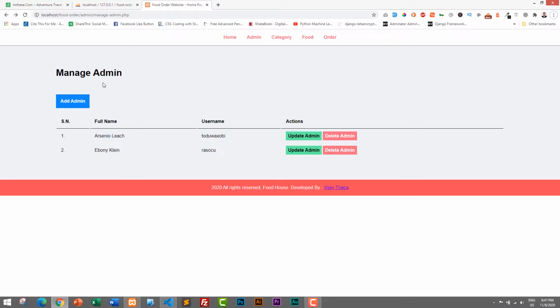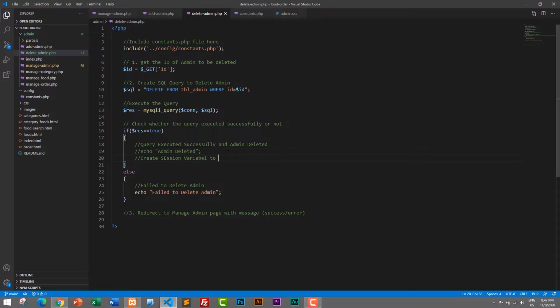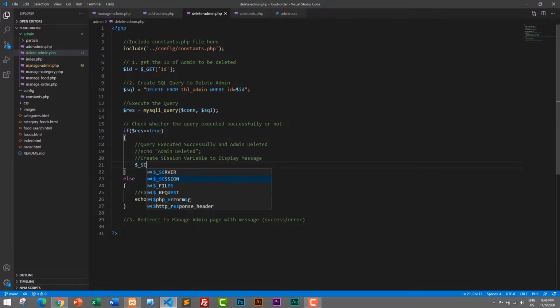Now let's redirect our page from the delete-admin.php file, and let's see the message in this manage admin section. So I'll go back to our delete admin page, and here I will just comment out this, and then we will create a session variable to display the message. So $_SESSION, I will create a session variable called delete, and it will be like "Admin Deleted Successfully",